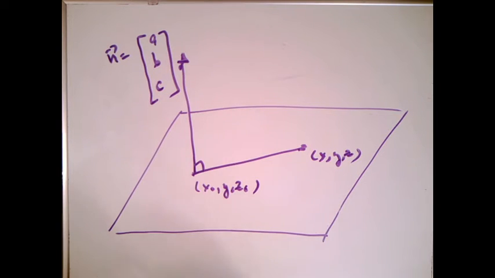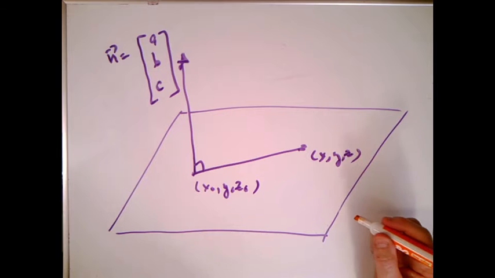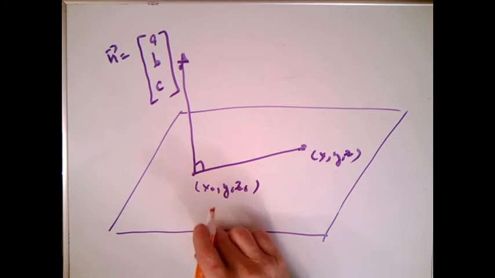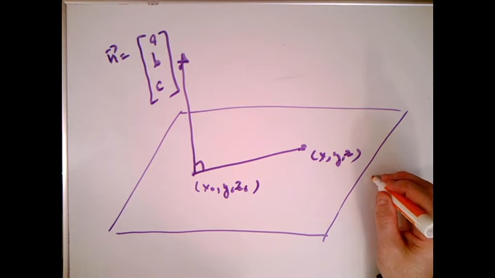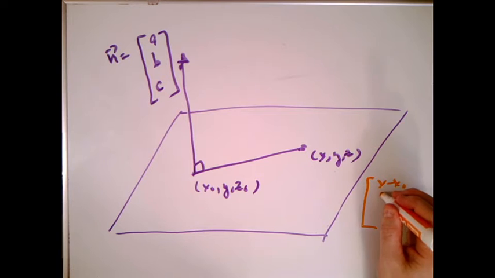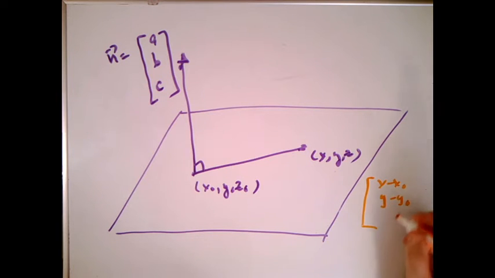Now, this vector right here has components. Now remember, this is a displacement vector. Displacement vectors always start at a specific point, end at a specific point, but we can find the components for it always by taking the end point and subtracting the starting point. So that particular vector is just the vector x minus x naught, y minus y naught, z minus z naught,